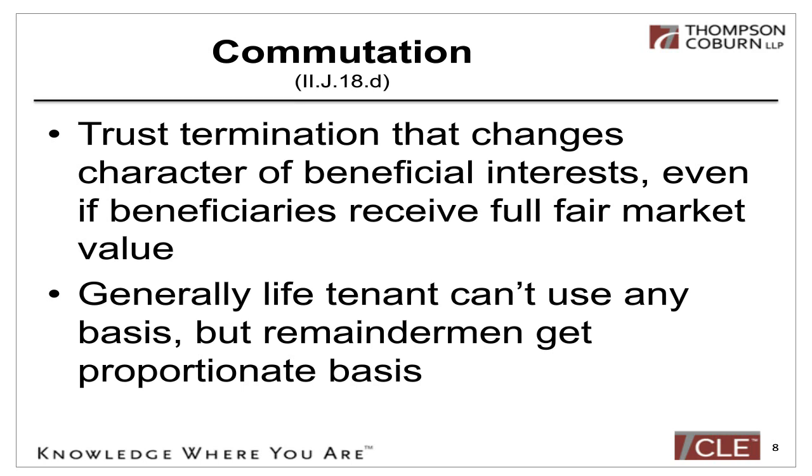Now, the remaindermen, they do get to apply the actuarial value of their interest times the basis. So what happens here with this commutation is we have a destruction of basis occurring. Initially, there was basis in the entire trust, but the surviving spouse doesn't get to use any of her basis, so her basis is destroyed, and there's a taxable event. Let's go on to the next slide.